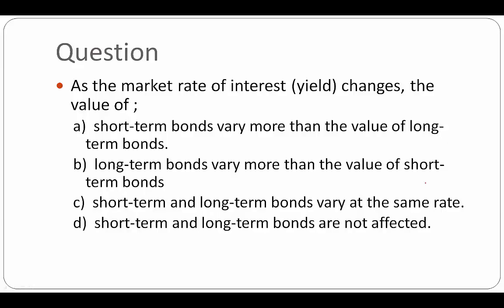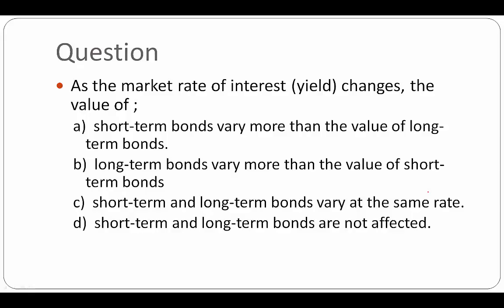Okay, remember what I said up front about different yields for different periods. And remember also one of the key differences between short-term bonds and long-term bonds is there's a lot more cash flow in long-term bonds, right? Long-term bonds have heaps of cash flows into the future. Short-term bonds have only got a few. So if the market rate of interest, the rate of return that people want, changes, what's likely to vary more